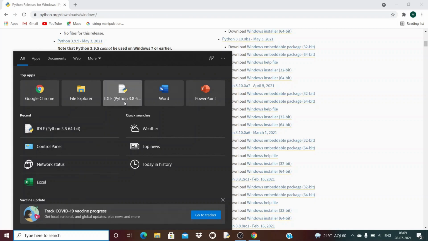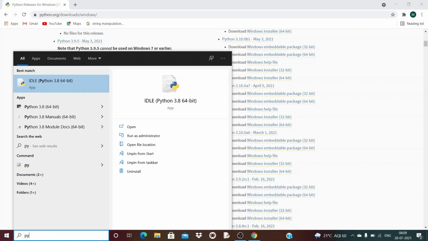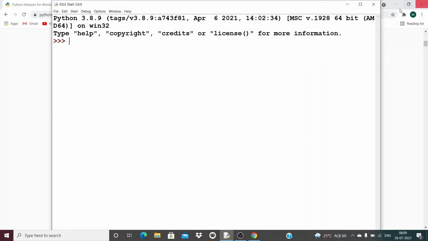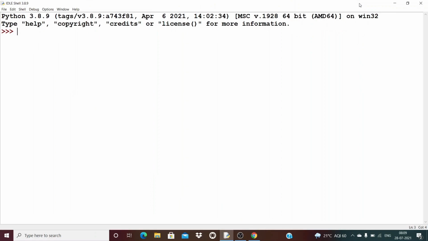After the installation, you'll go to the search box and write Python. As soon as you write, it shows you Python IDLE. IDLE means Integrated Development Environment, which provides a Graphical User Interface. So the graphical interface of it will come over there, as you can check. It shows 3.8.9 at the top. This is also called the Python shell. This is the version of my Python.